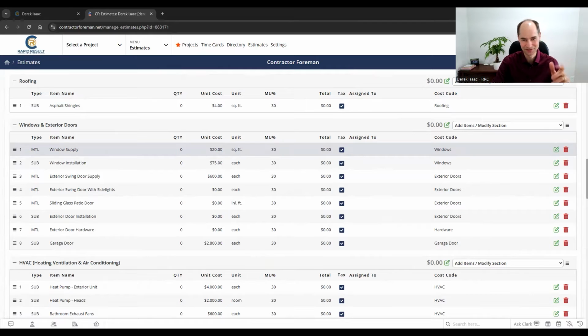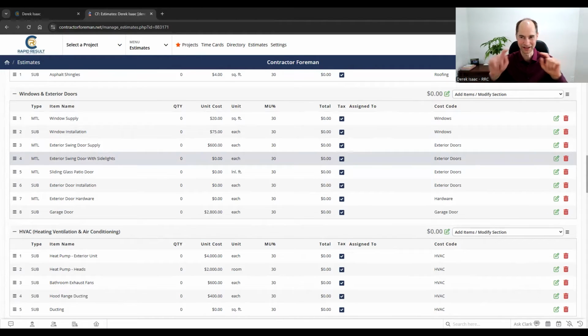Windows and exterior doors, again, you're just doing counts on this. If you've got takeoff software, you just click in the numbers, 10 windows, boom. If you've got sliding doors, you typically want to do a lineal foot for sliding doors, especially if they're large patio doors or the ones that fold out. Also, if you've got really large windows, I'll sometimes just double count those to get the pricing